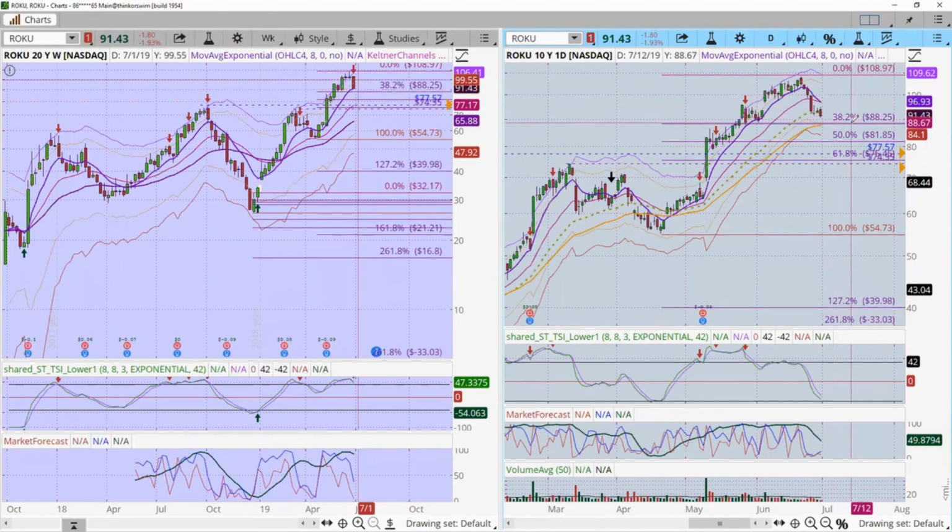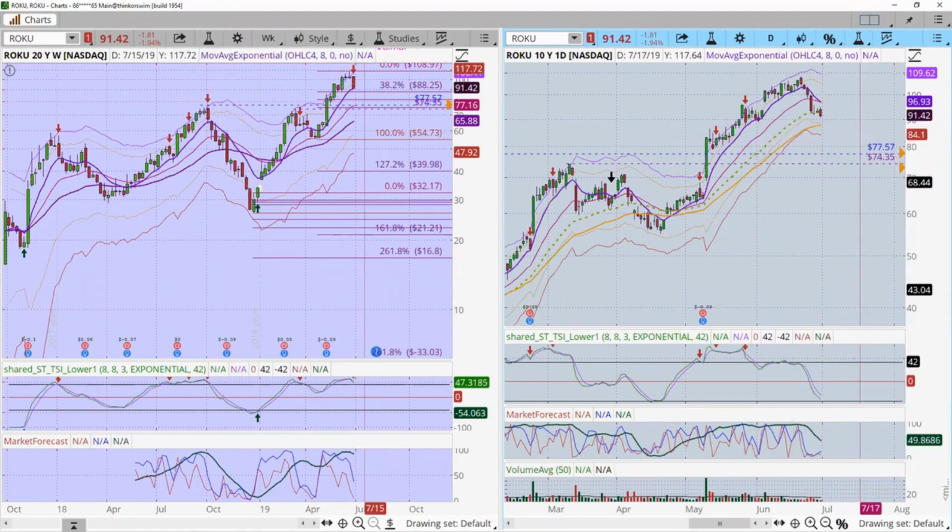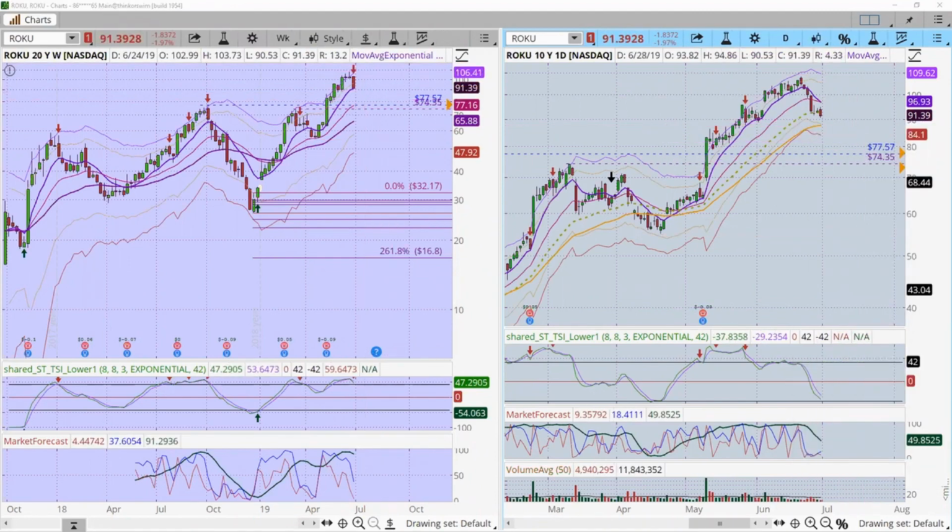Again, this could be a very classic pattern, which happens a lot as you get a drop. We have not dropped below the 50 yet. I would like to see a drop below the 50. Then you get a rally attempt to try to reclaim the past high, and then it falls short, rolls over,